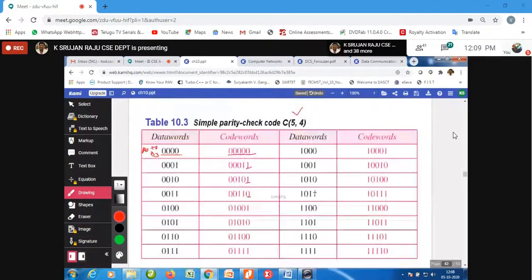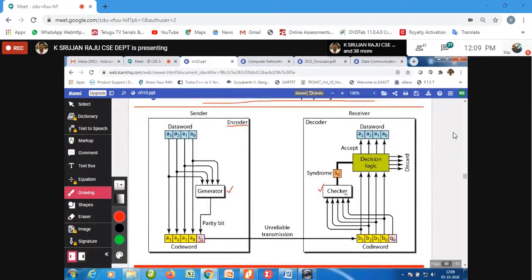Now in the checker function, I will use B0, B1, B2, B3, and along with that Q0, using this R0 as Q0. When I give it to the checker, I generate a syndrome value. Now the syndrome S0: as I told, with even parity, if the syndrome is 0, accept, otherwise discard.